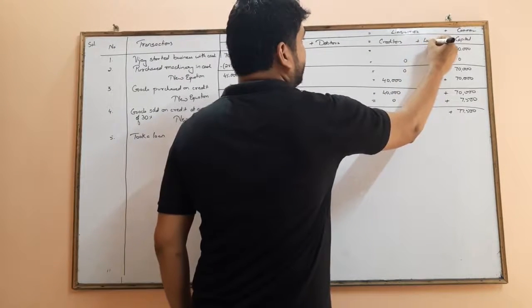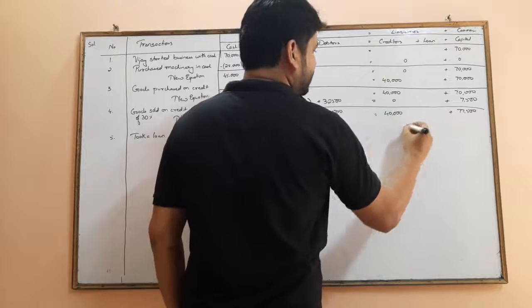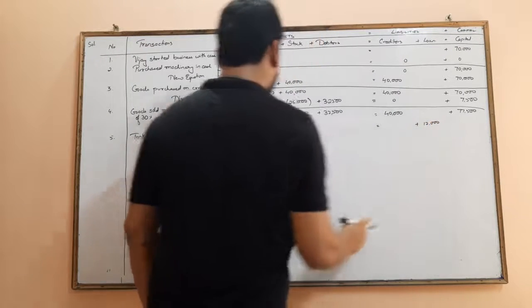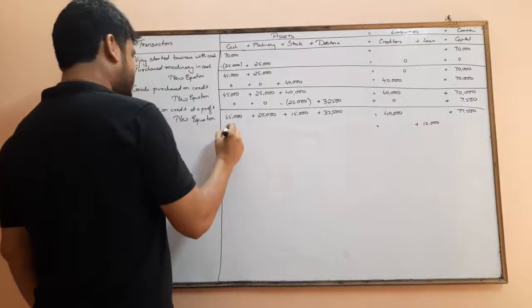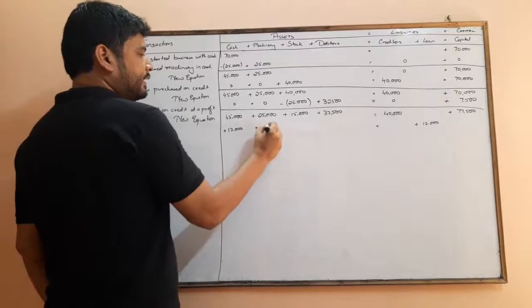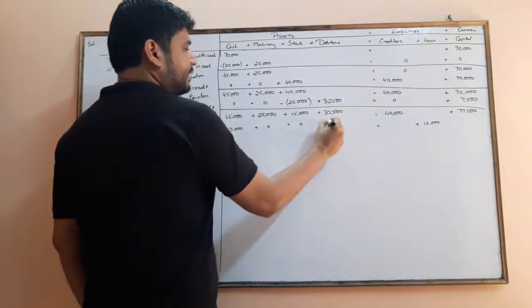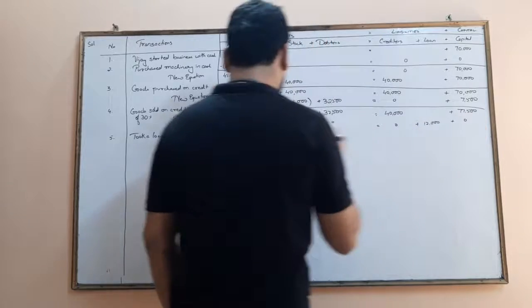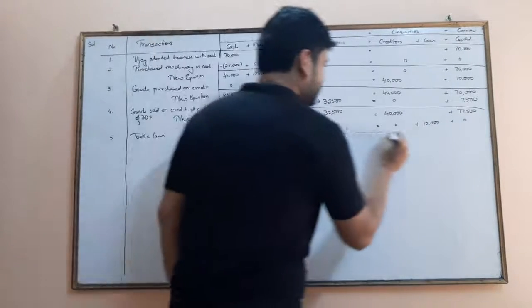So I will write down under the liabilities, loan. That will come as plus 12,000. Now, in which form have I taken it? Nothing is mentioned. It will be in the form of cash. So 12,000 will be added in the form of cash. So after this transaction, the new equation will be